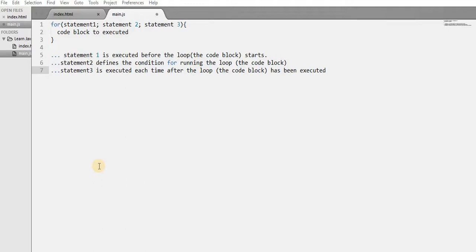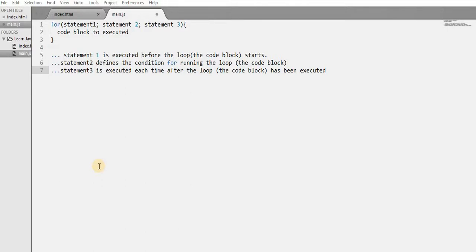It must also interest you to know that JavaScript supports different kinds of loops. We have the for loop, the for in statement, the while loop statement, and the do while loop statement. We're going to be treating the for loop statement here, which loops through a block of code a number of times. Oftentimes, the for loop statement is mostly used, maybe because its need arises more often than the rest.